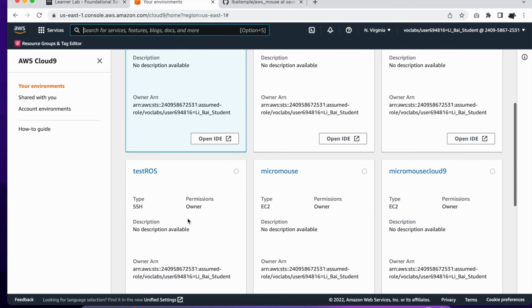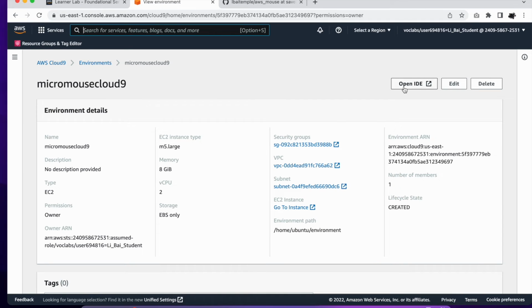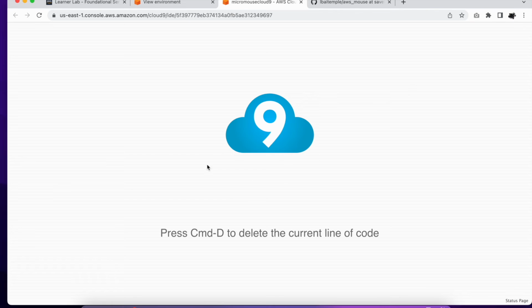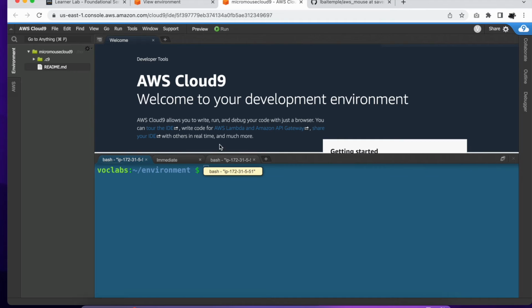The one we just created should be the Micro Mouse Cloud9. So we can click on this, then click on Open IDE. So hopefully everything got the reboot. Yeah, you can see everything got a reboot. And I'm going to show you something really simple. You can click on preview, and preview